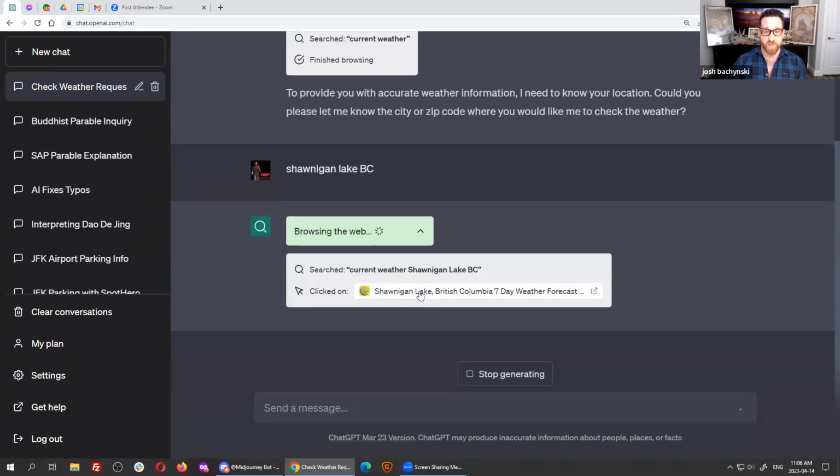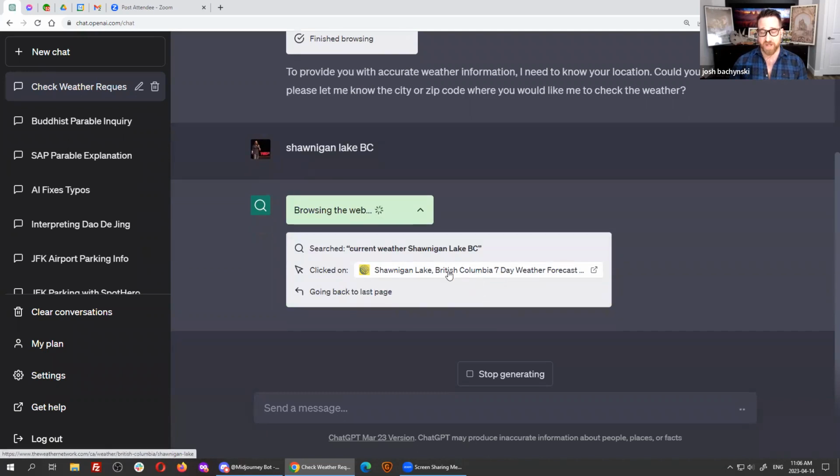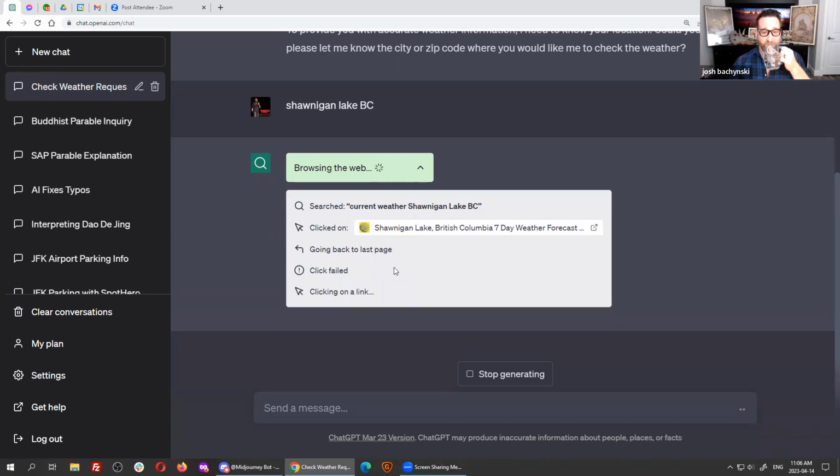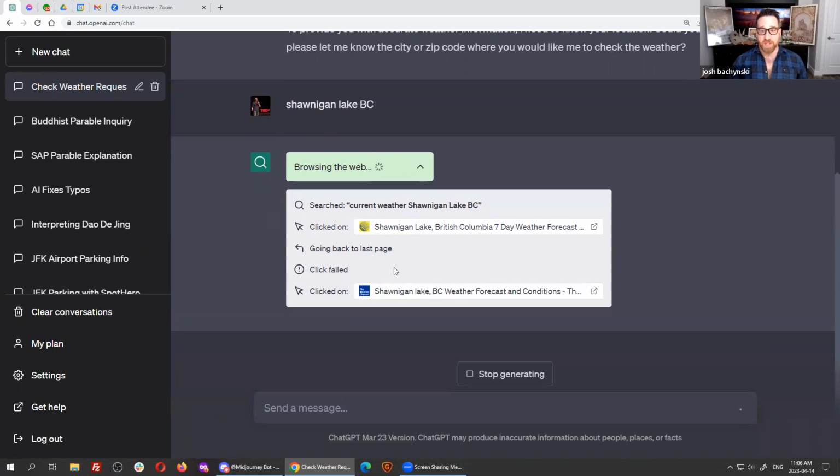And so now it's going to browse the web again and see it's found this page, which I presume is going to give me the right weather. It'll extract the information from the page, and then it will give me an answer here in a couple seconds. But it's still in alpha, so you can see the click failed. It messed up. The AI got confused. Little R2D2 running this thing got a little confused. So it didn't like that page. It went to a different page for some reason on the Weather Channel. That's interesting. So anyway, long story short, it should eventually get the information here and be able to come back